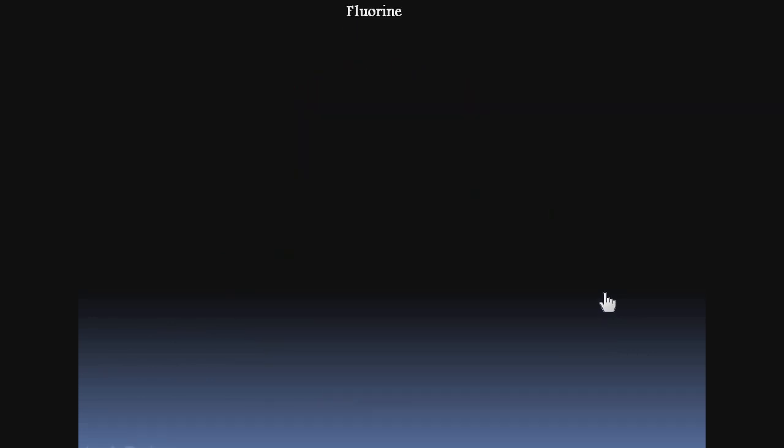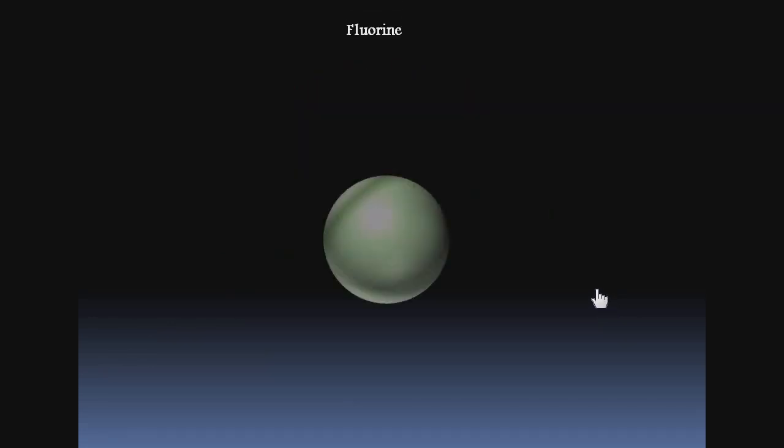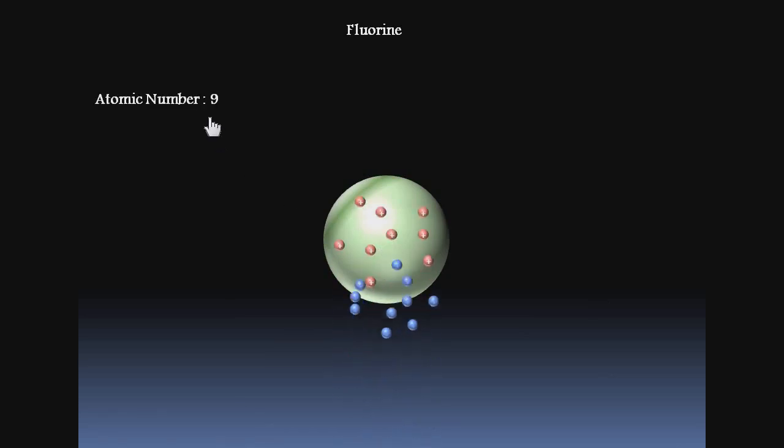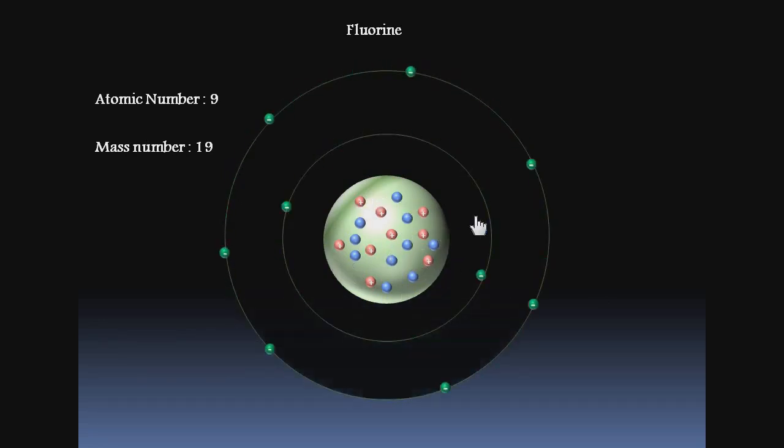Now the next element is fluorine. It has 9 protons. So atomic number is 9. It has 10 neutrons. So mass number is 19. 9 protons and 10 neutrons. Mass number is 19. It has 9 electrons. 2 electrons are revolving in the first shell or K shell, and 7 electrons are revolving in the second shell